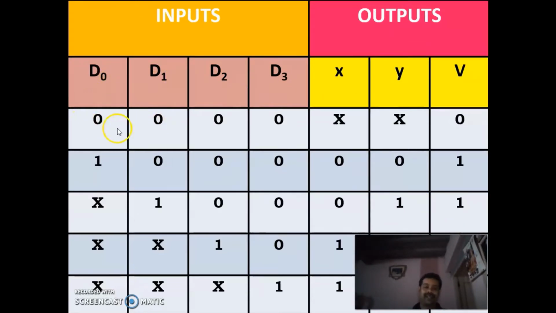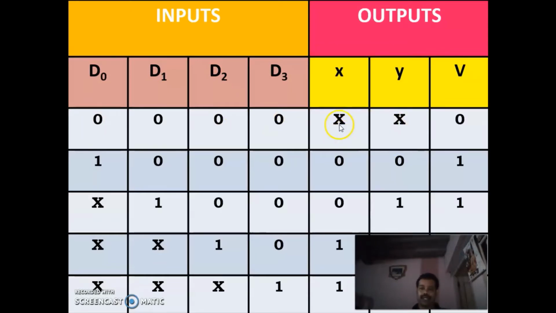First we give all the inputs as 0. So the value of V is 0 because all the inputs are 0. The value of V will be 1 only if any one input or more than one input is 1. Then we put don't care for X and Y, since if all the inputs are 0, the output may be 0 or 1.